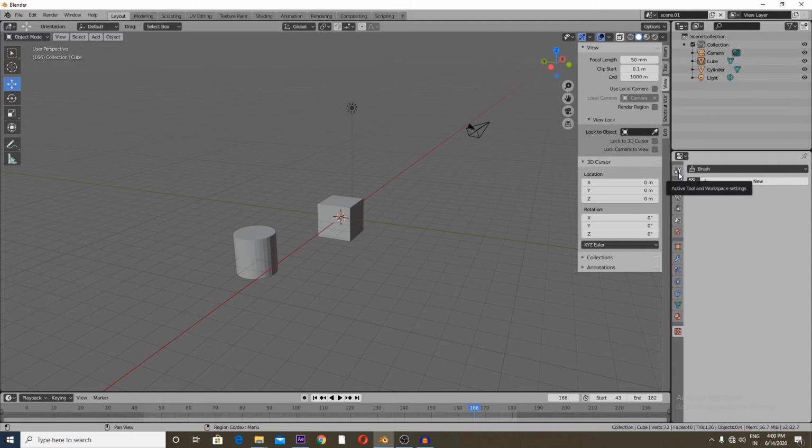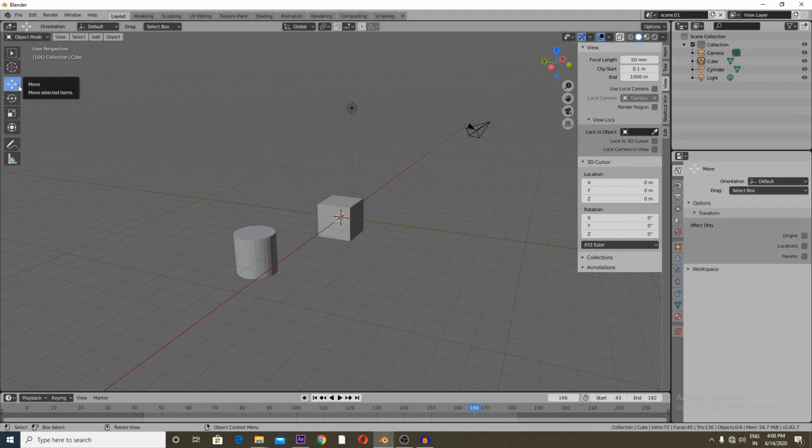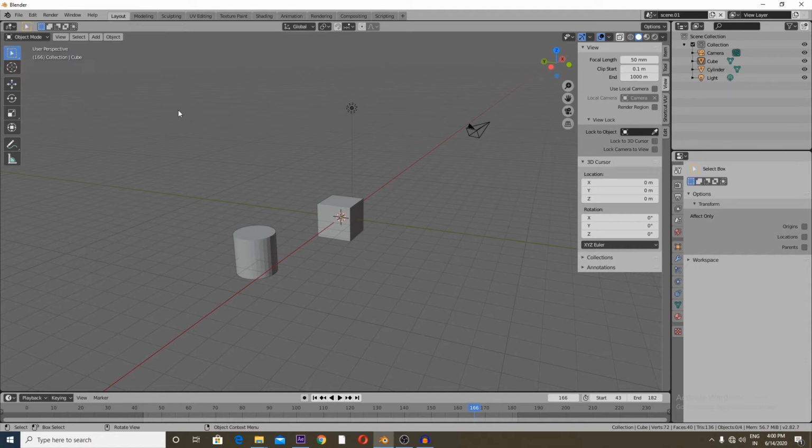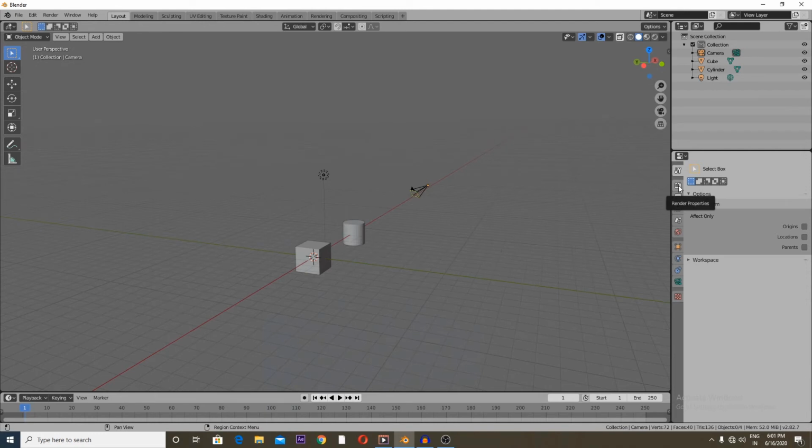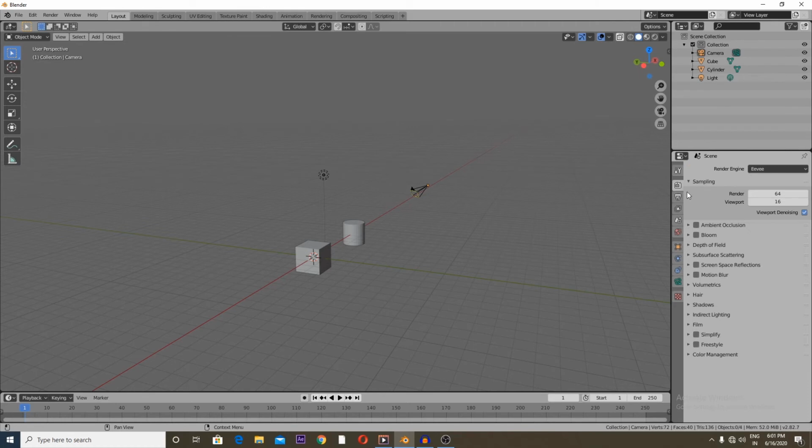This wrench icon you see is actually the active tool and workspace settings. So if I have already selected my move tool, it will show settings according to my move tool. If I select my selection box, it will suddenly show settings related to my selection box. So this back facing camera icon is your render settings, where you can anytime manage which render engine you